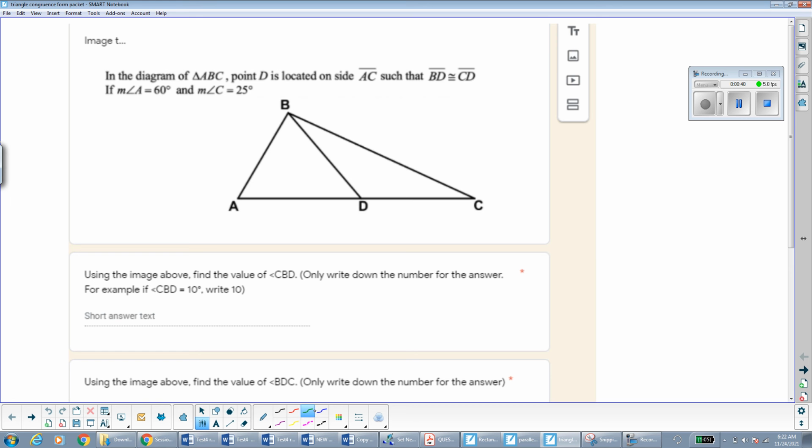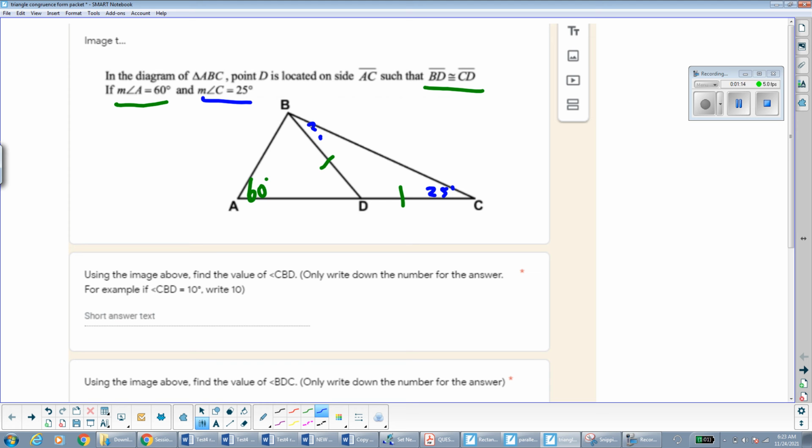So the first question says, we have triangle ABC, BD is congruent to CD, the measure of angle A is 60 degrees, and the measure of angle C is 25 degrees. The first question is asking me to find the value of angle CBD. So first I need to find this angle over here. That's